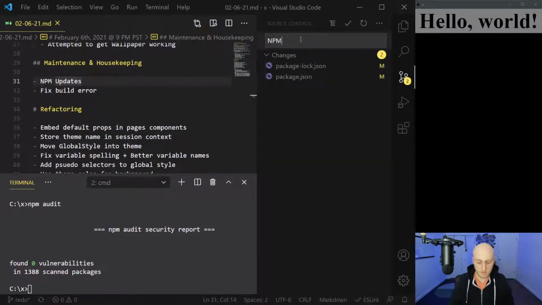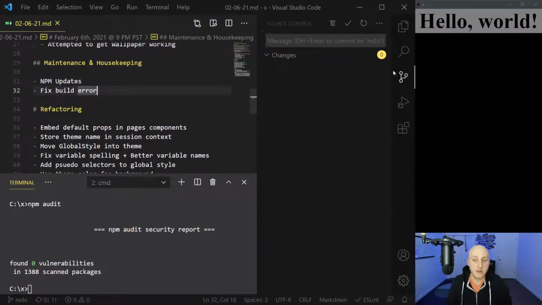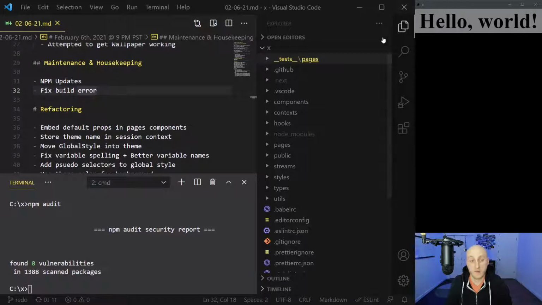Let's remember to commit them. NPM updates. We do all our commits live here. So that's done. So let's get right into this fix build error, because I actually have to refactor a bunch to make some of this work,